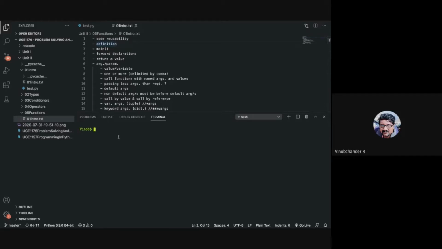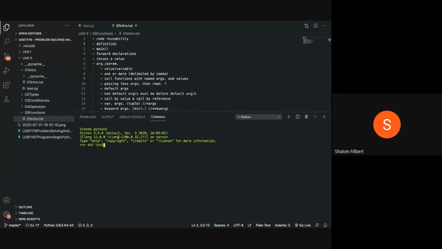All right, now coming to the definition part. How do you define a function? We all know how to define a function, because from our first program onwards we have been using a function called main. How do you define a function, guys? Tell me the syntax. Def, function name, and then brackets.